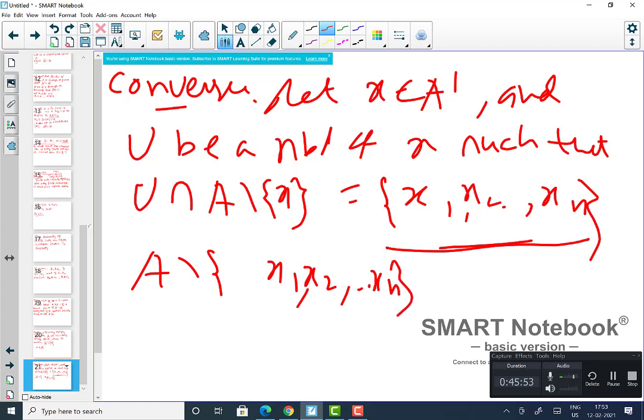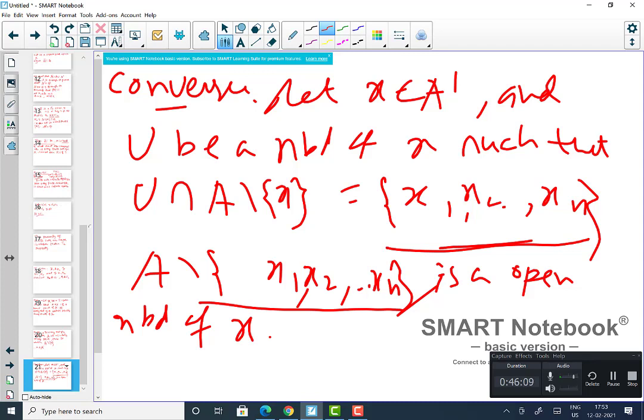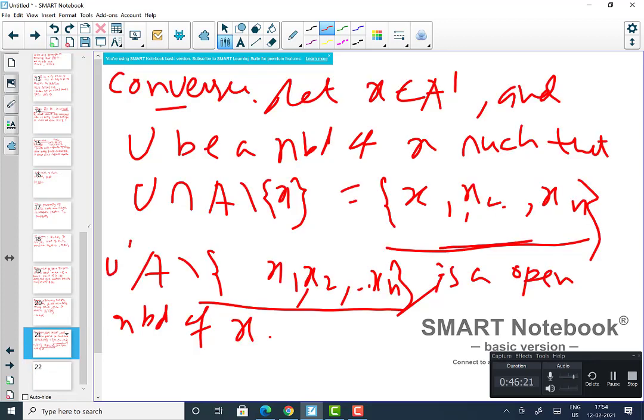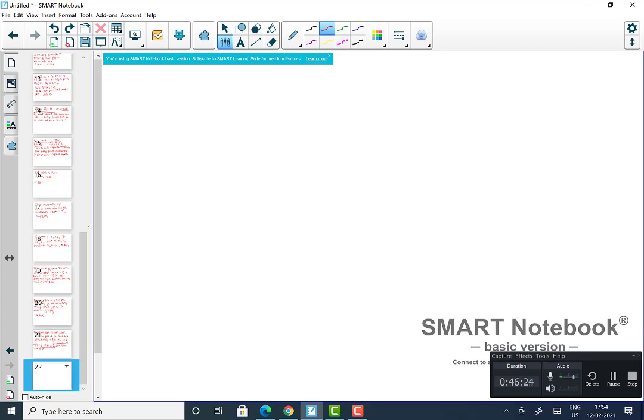So this is an open set, right? An open neighborhood of x, because x belongs to this set, and this is open because the finite set is closed inside a T1 space, since this space is a T1 space. So this is an open neighborhood of x. Let me call it U dash. Then U dash intersection A minus {x} is actually empty,